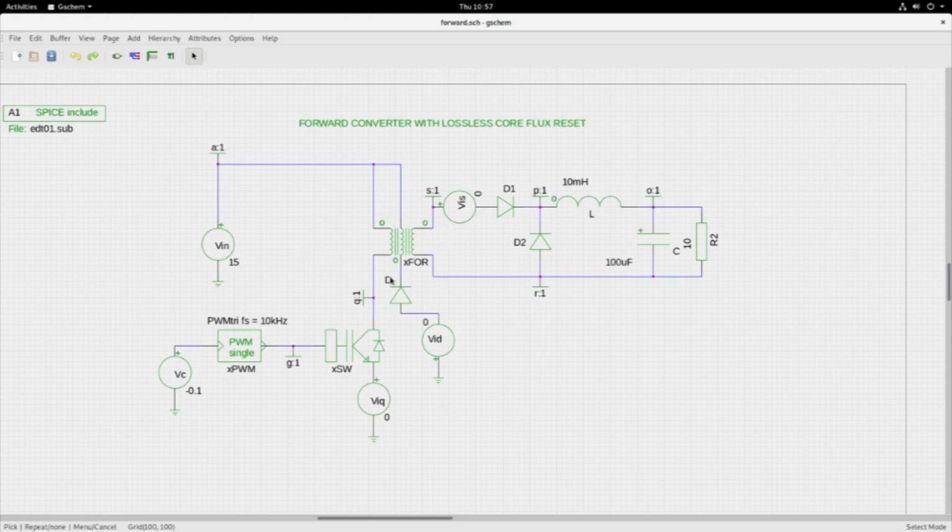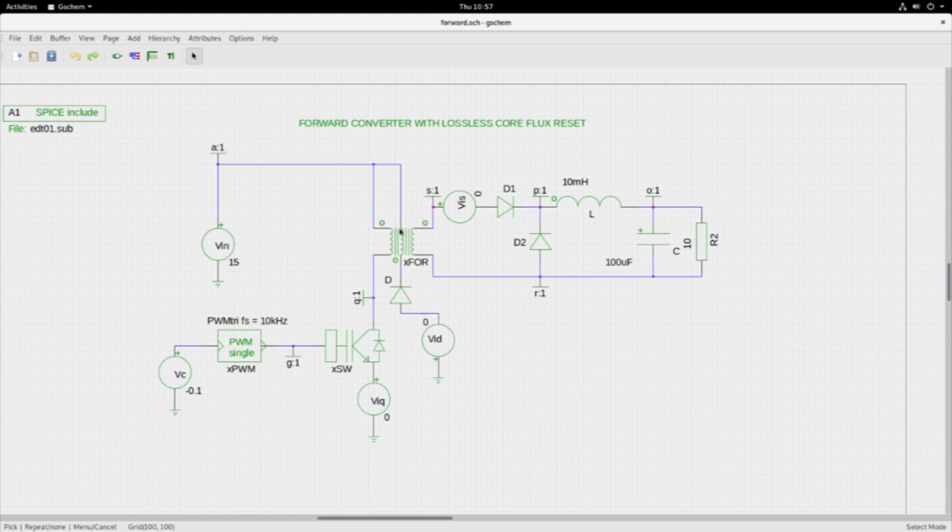Now in this configuration, we have removed the diode resistor combination for core reset, and we have introduced a third winding called the demagnetizing winding with opposite dot polarity, such that when this switch turns off,